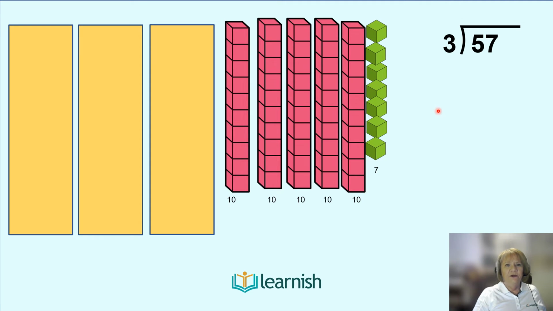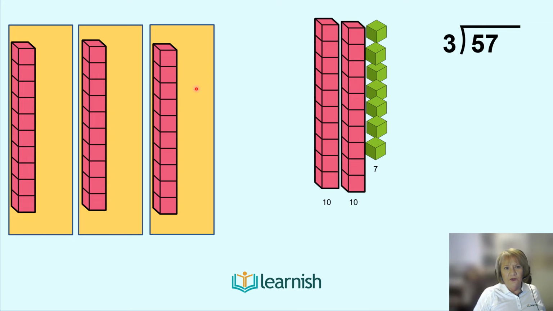Now I'd like to show you how to divide using base 10 and unit blocks. So I'm going to divide 57 by 3. These red base 10 blocks represent the 50, and these green units represent the 7. So I'm going to place the base 10 blocks in these 3 rectangles, which represent the 3. I'm going to divide them evenly. So I moved 3 of these base 10 blocks over here to represent divided by 3 into our 3 rectangles,